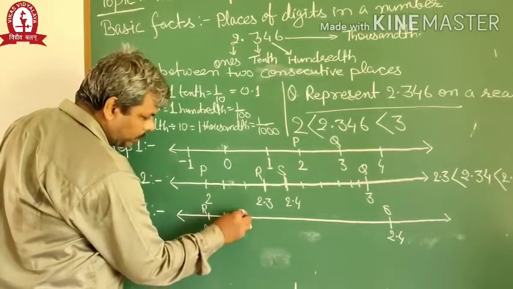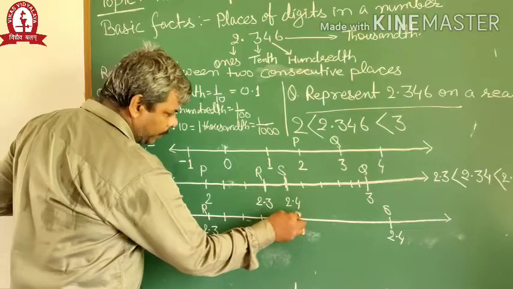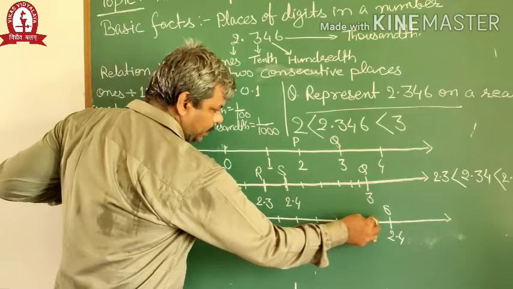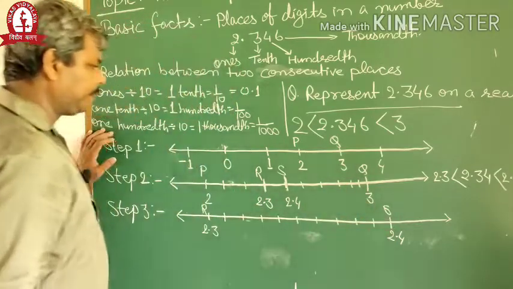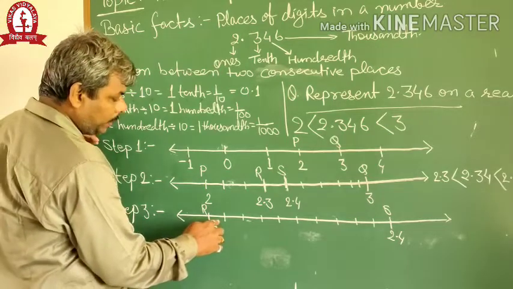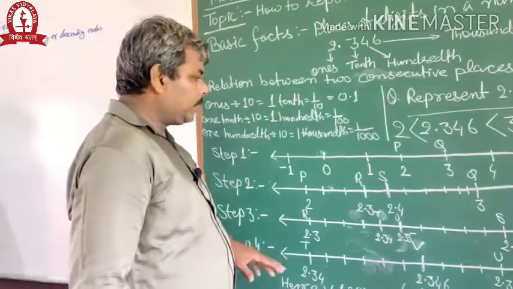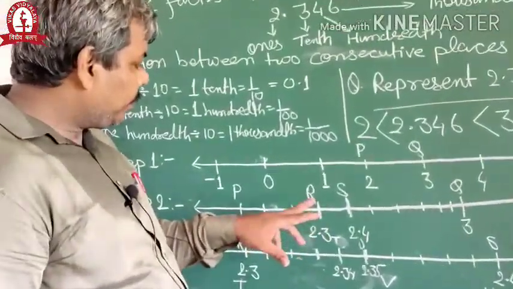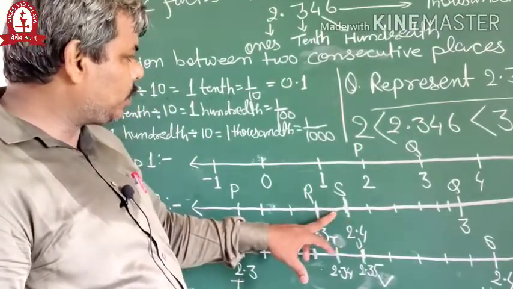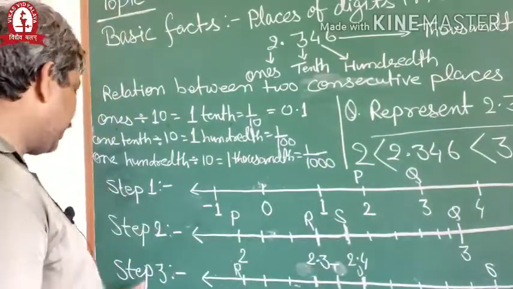Divide it 1, 2, 3, 4, 5, 6, 7, 8, 9 and 10. Now we read the number represented by this mark. In step 3, we magnify the distance between RS. This is equal to 1/10 distance, and by magnifying it we get